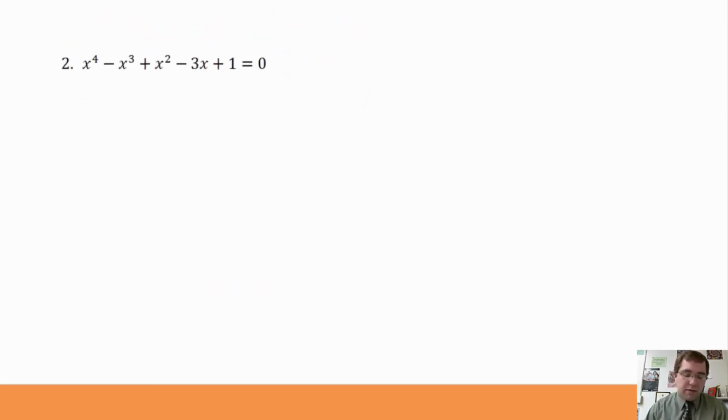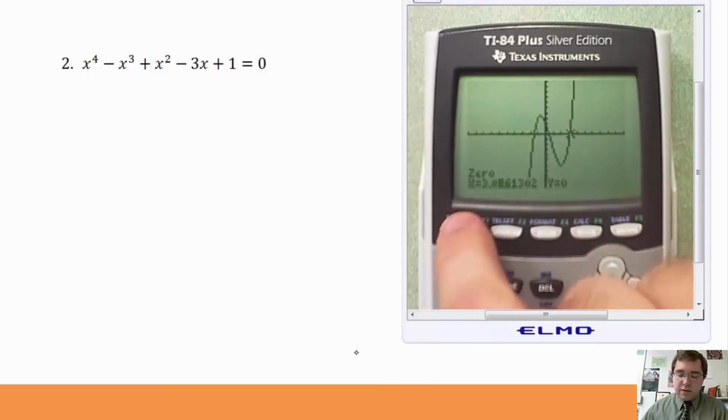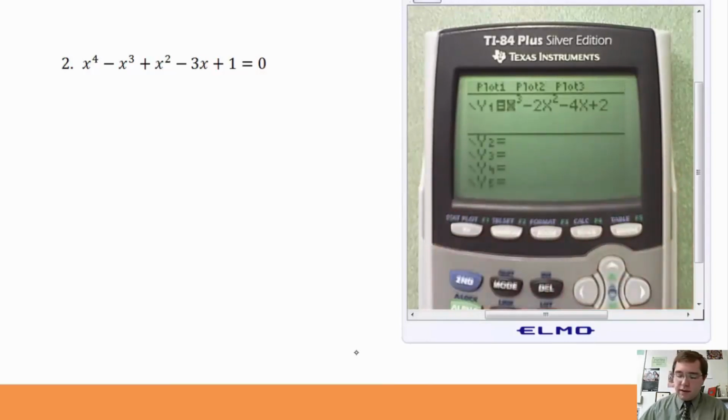Another example, x to the 4th minus x cubed plus x squared minus 3x plus 1 equals 0. We will graph it. I will go to y equals. I'll clear out the equation I have there by clicking the clear button. I'll do x to the 4th, so x, caret key 4, use the arrows to get out of my exponent, minus x, caret key 3, use the arrow key to get out of my exponent, plus x squared minus 3x plus 1,